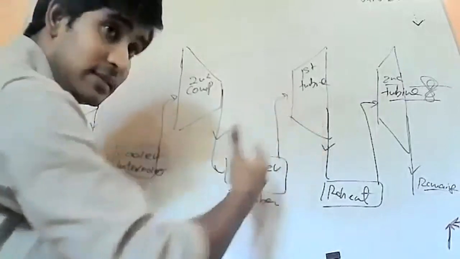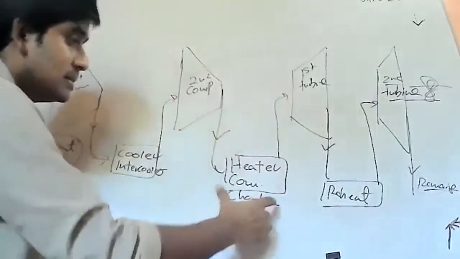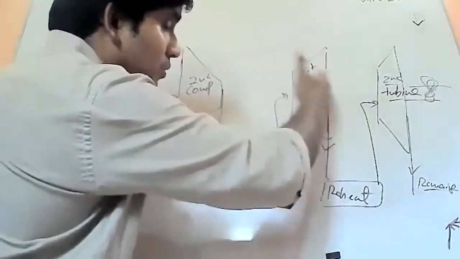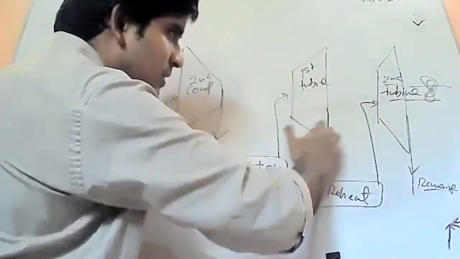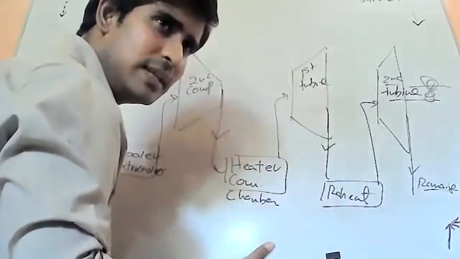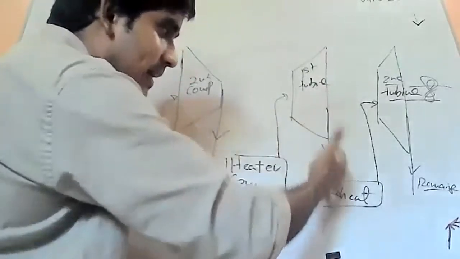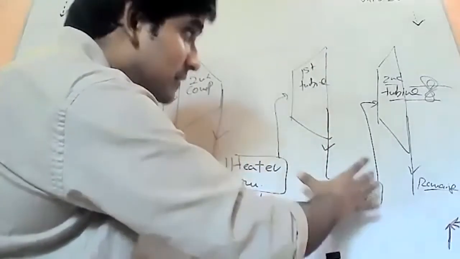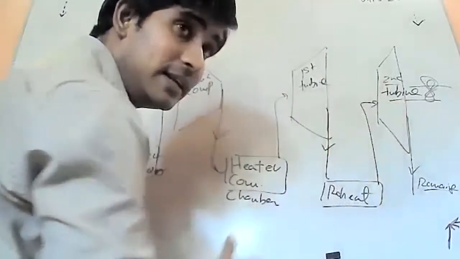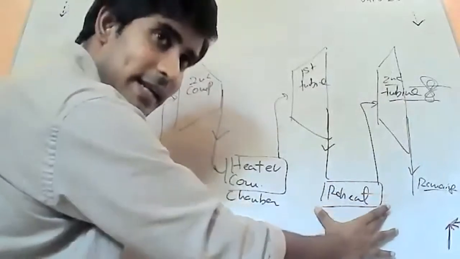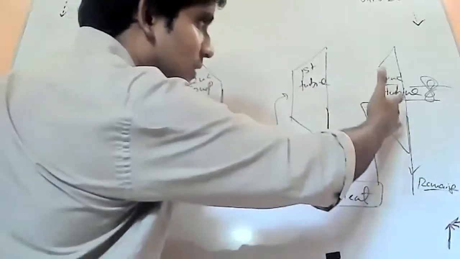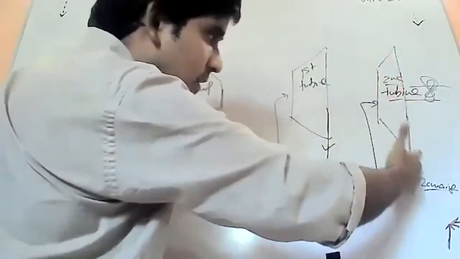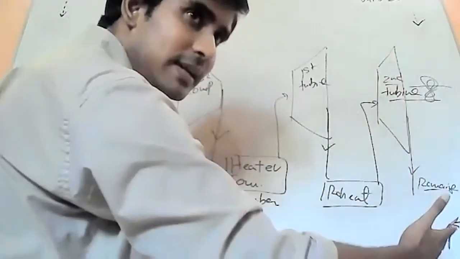In order for the turbines to do their work, that is given to the first turbine. So the first turbine is going to do the work, right? After doing the work, the turbine loses its heat content. So that content, again, we are going to reheat, right? Because we need to provide energy for the second and final turbine stage. After reheating, we are going to give that to the second turbine, right? After that, the overall turbine process finishes, right?